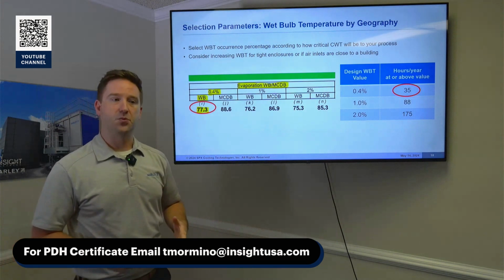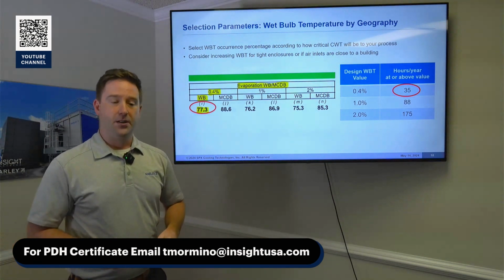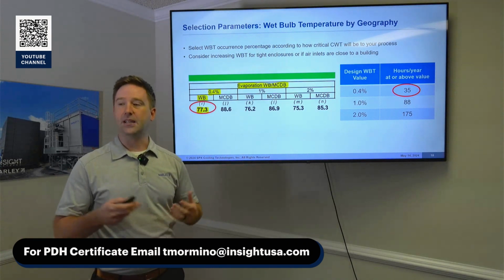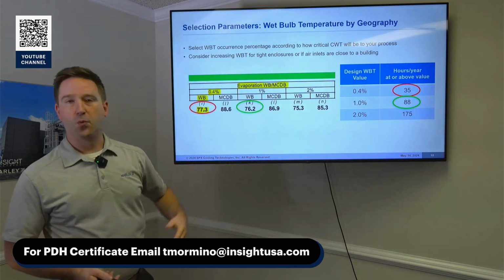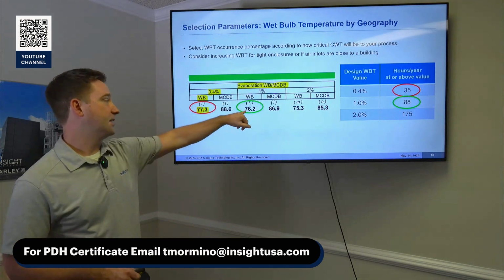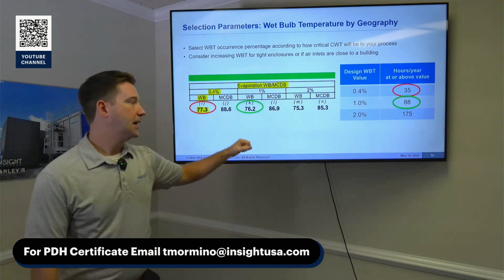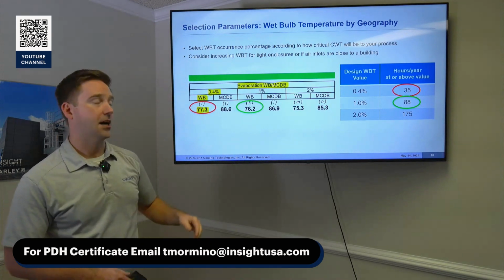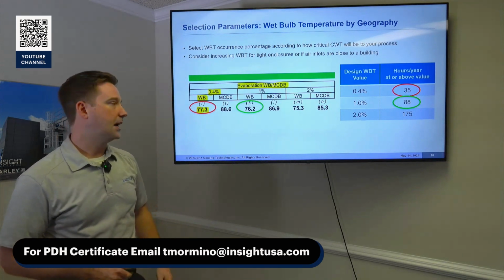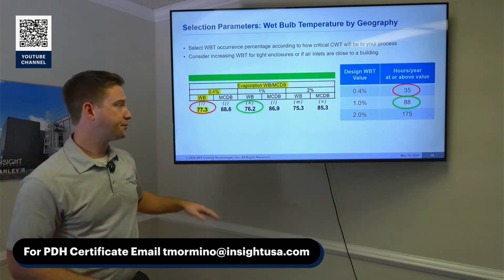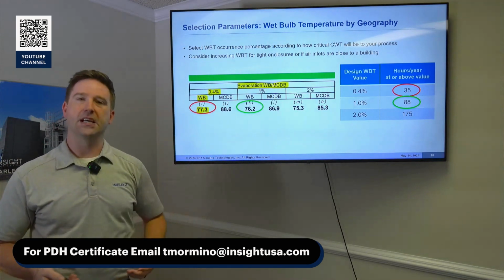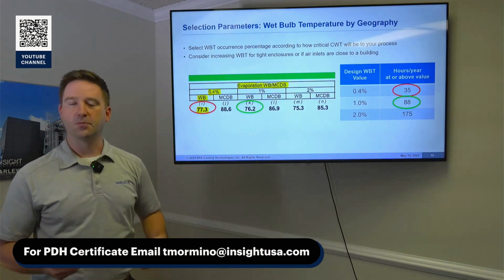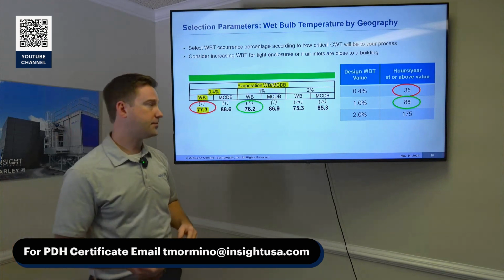Or maybe you have an application where in the summertime, when it is the hottest, there won't be as many occupants in a building, or you won't need to cool it as much. You could design for a 1% wet bulb, and that'd be a 76.2. So 88 hours out of the year, the tower might not be meeting that thermal design duty. But again, the rest of the year it'd be oversized, and you'd be able to save energy by ramping those fans down. So typically in this area, we'll see it designed at a 78-degree wet bulb, which is a little bit higher than the 0.4%. That's just what I've seen out in the industry for the most part, and it works pretty well.